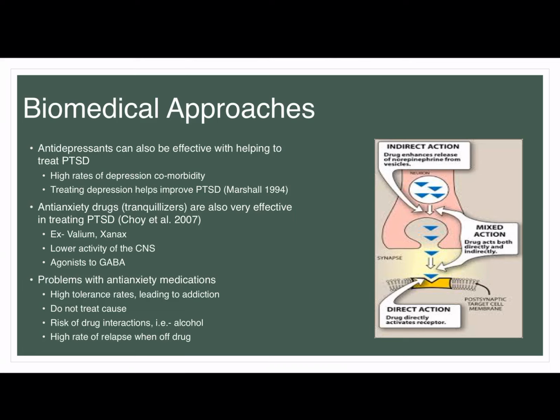But because they're an instantaneous fix, without necessarily fixing any of the causes, there can be high rates of addiction. It's not treating the cause, which means I consistently need the drug. Since it gives a calming effect, not necessarily euphoria, but calm and content, there are cases of high addiction to these drugs. For example, anti-anxieties tend to be near the top of the list for recreational drug use, where they're not used for their prescribed purposes. You have to be very careful with these anti-anxieties because they have a high reactivity with other drugs within the system. So, for example, if you take anti-anxieties and you're drinking alcohol, well, both of those are depressants, and so